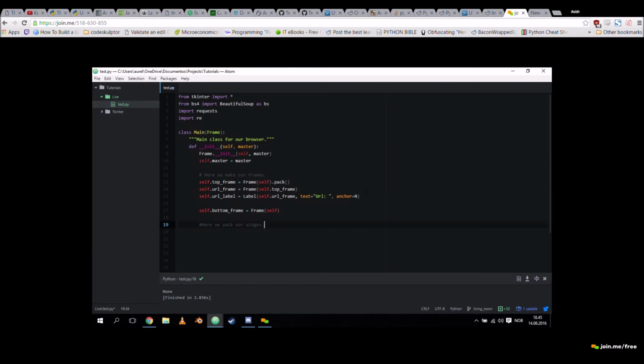And where do they come from? Up here, since I'm importing all. But if you're not importing all, you have to import those objects individually. And that's stupid because it makes it ugly. So the alternative is to use strings, but then you always use lowercase, like that. So I find that better. But when you're looking at other tutorials, you're going to see the other convention very often. Doesn't matter. Let's add an entry.